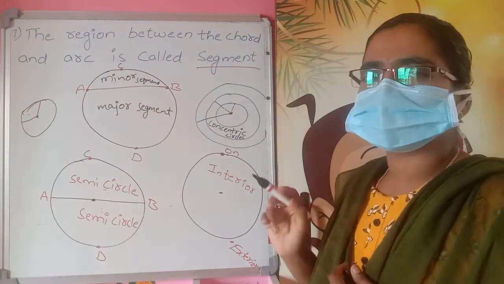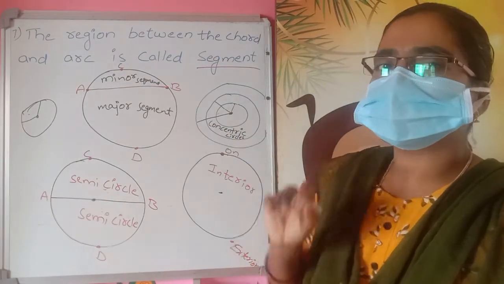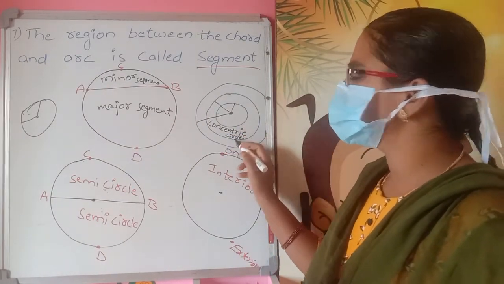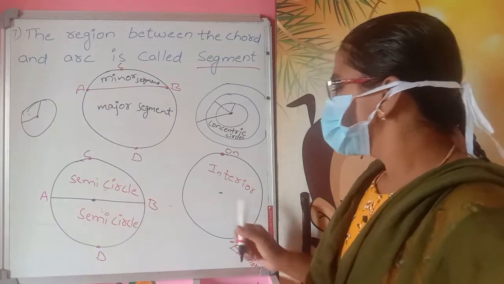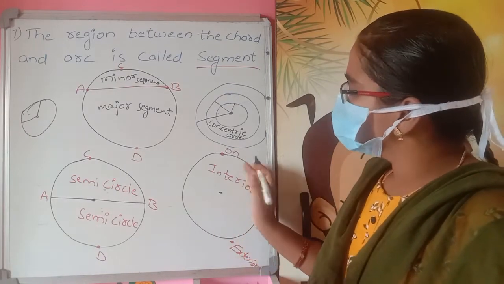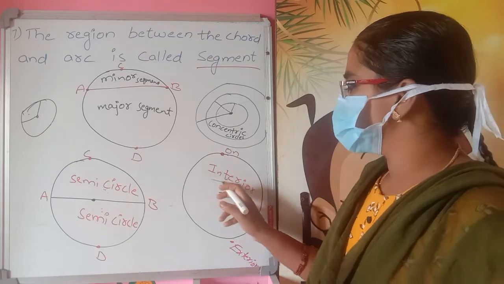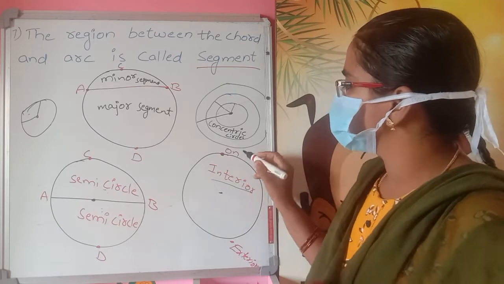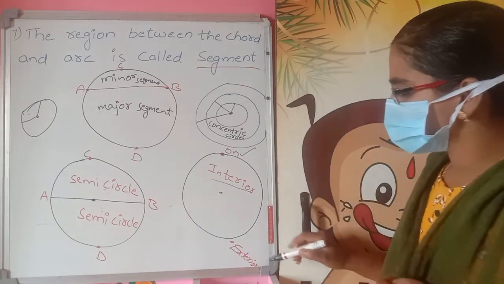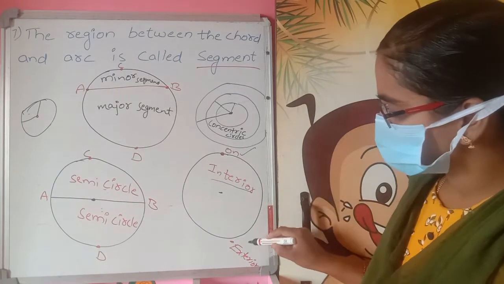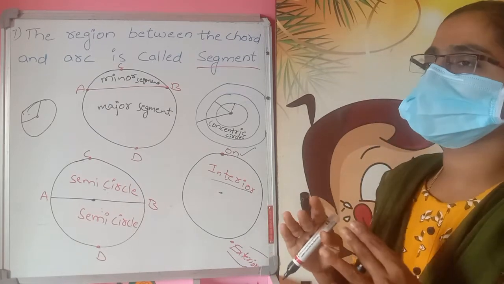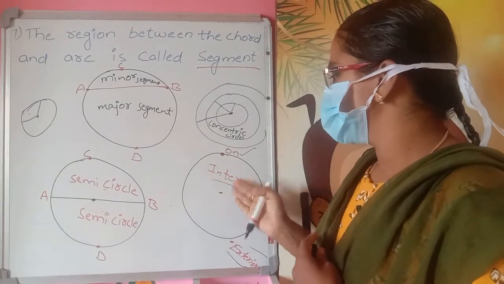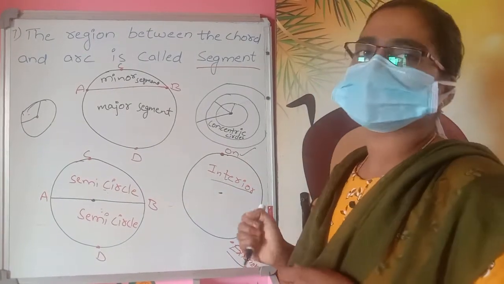These three circles have the same center but different radii. These circles are called concentric circles. Next, if you take a circle, the inside part is called the interior of the circle. If we have any point on the circle, that is called on the circle. If we have any point outside of the circle, that is called exterior. So we can divide the plane into three parts: interior, on the circle, and exterior of the circle.